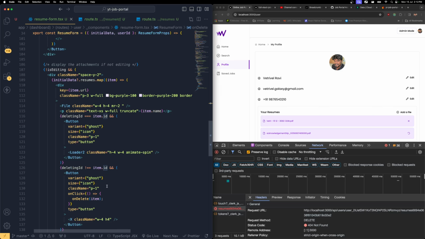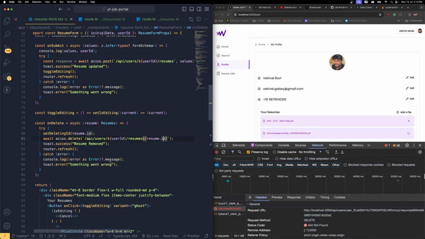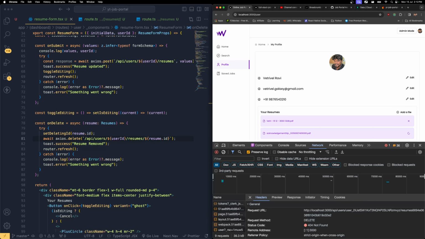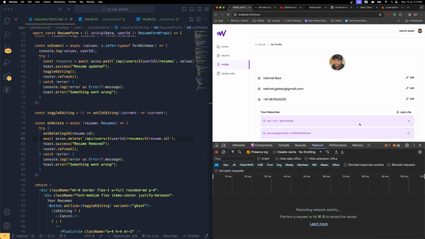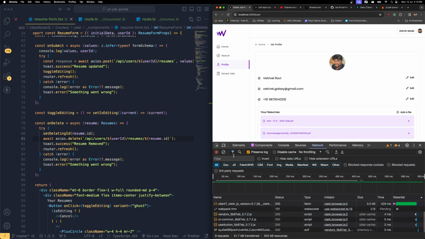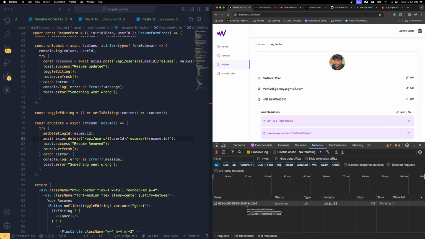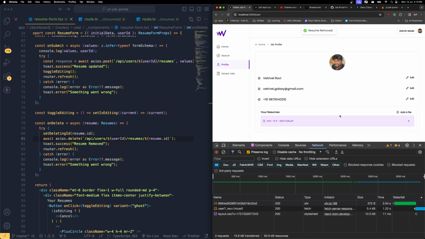getting that resumes, and we are sending that ID. That is what's coming over here, and we are sending it to the users slash user ID resumes slash resume ID. That's the mistake over here, my bad. Close it, and now refresh it. You should be able to see those things. And now if you click the delete option, you can see it is being triggered and it is successful,